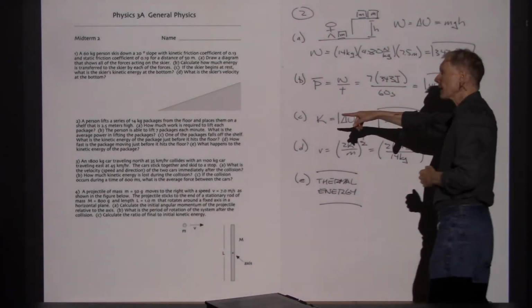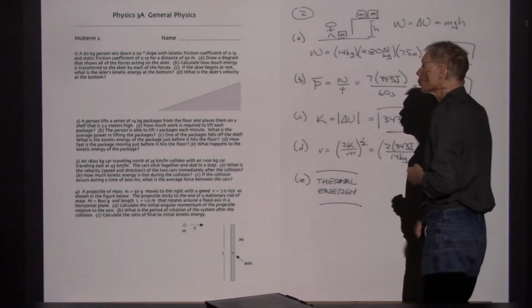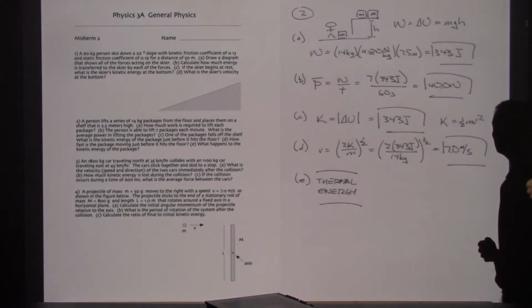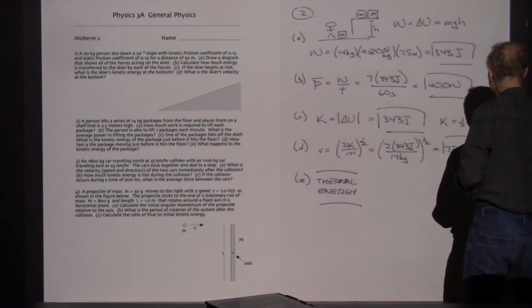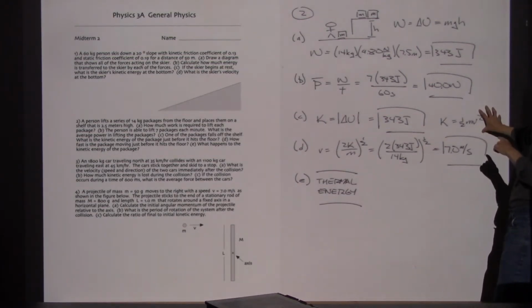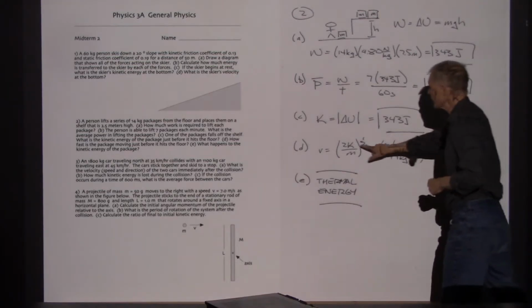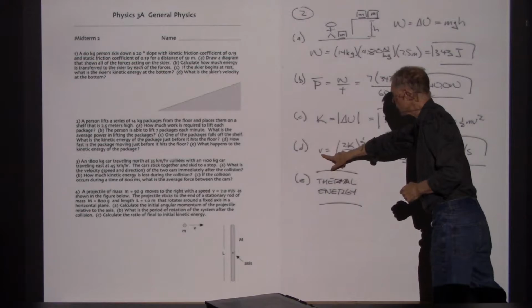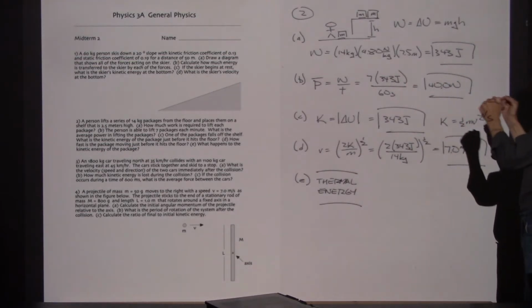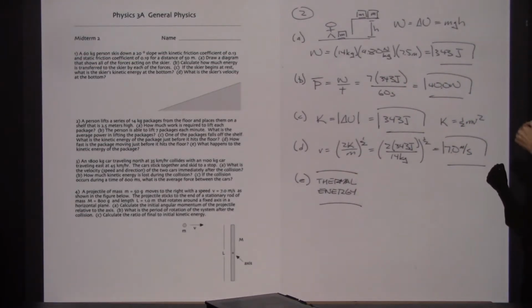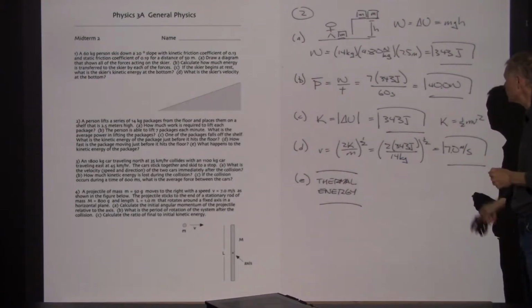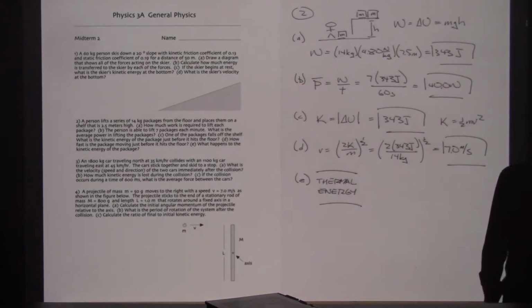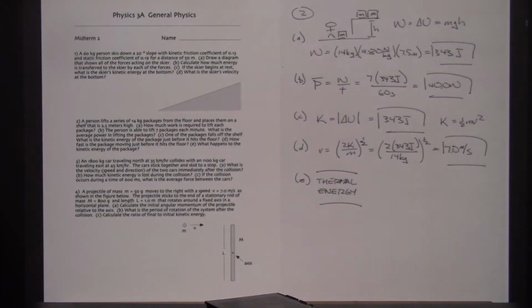They then say how fast will the package be moving, and again, here are the same formulas. Here is my kinetic energy formula. Here is the kinetic energy formula flipped around in order to solve for velocity. That's going to be 2 times the kinetic energy divided by the mass, square rooted, and this time that worked out to be 7 meters per second. And so